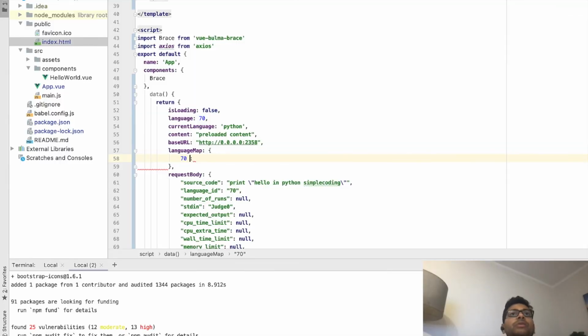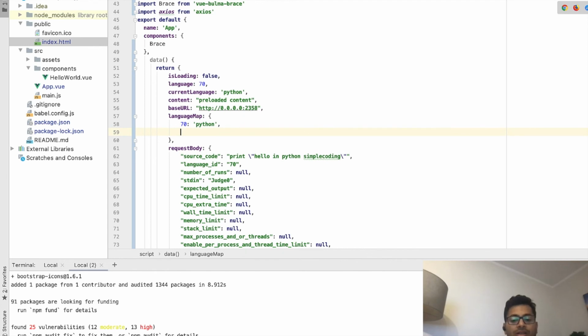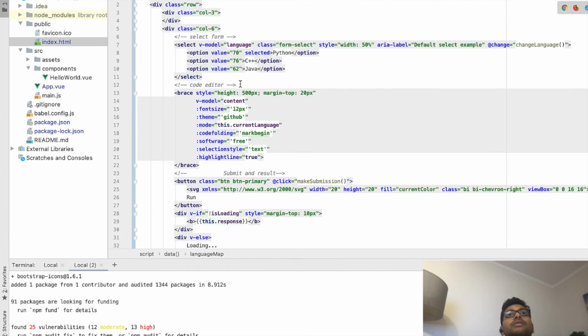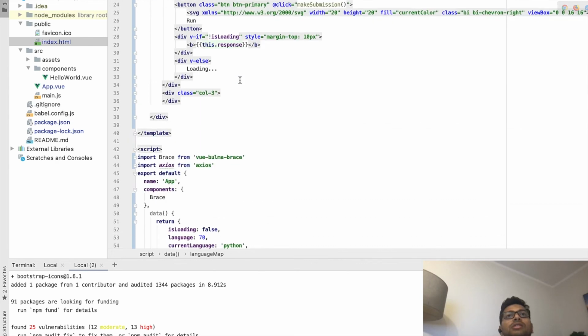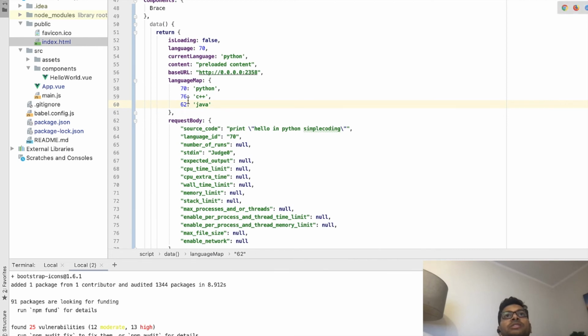So 70 will be Python, and you can see 76 is C++, and 62 is Java. So 62 will be Java. So we have this language map,